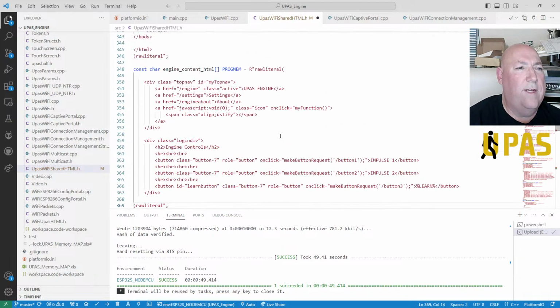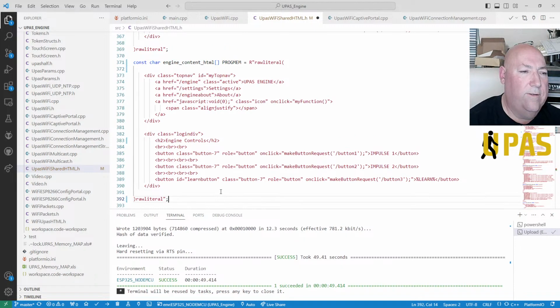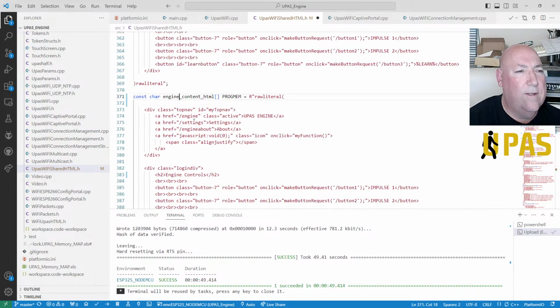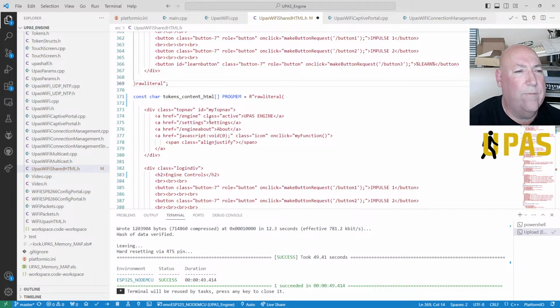So we want to find engine content with the buttons. That's it. So we want to copy that. I'm going to copy that and we're going to put here. So we've got our settings. So go engine first, buttons, then we want tokens, and then we want settings. So that's in the right order already, actually. Now we want to call this tokens. Tokens. There we go. Quick, wasn't it?